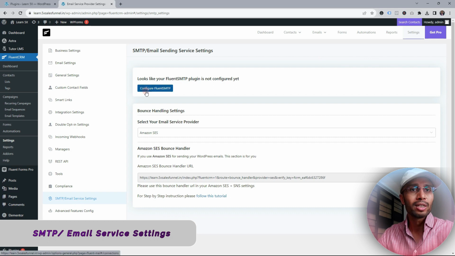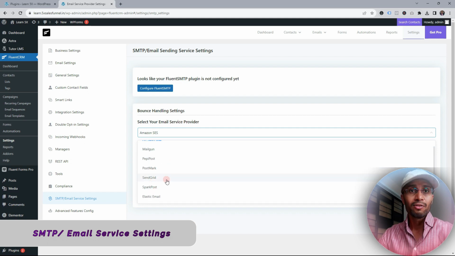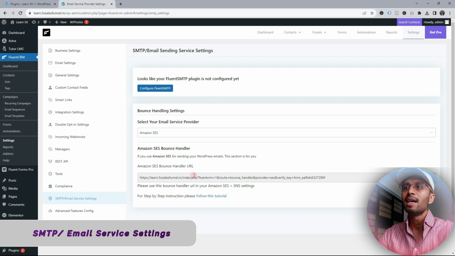Since I've also installed and activated Fluent SMTP, it is asking me to configure Fluent SMTP. If you're using Amazon SES as your provider, as you see, there are multiple email service providers that you can use, and Fluent CRM has dedicated documentation on how you can integrate each of these. So I'm using Amazon SES, and then I have to ensure that certain settings are done